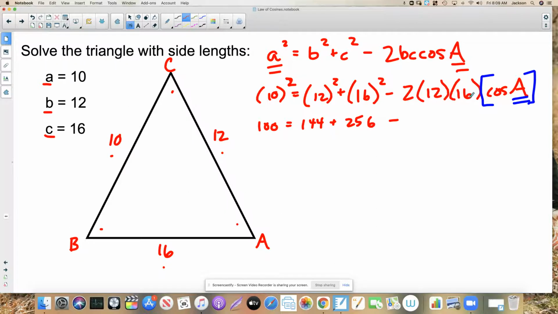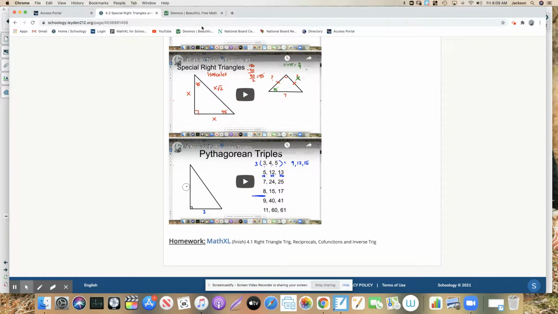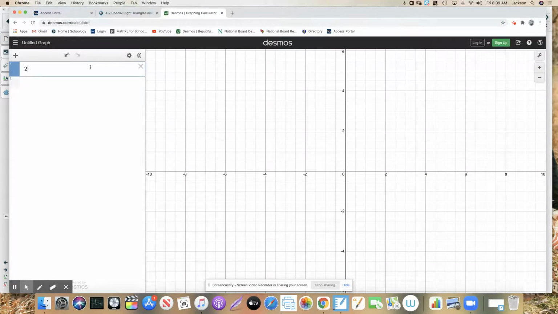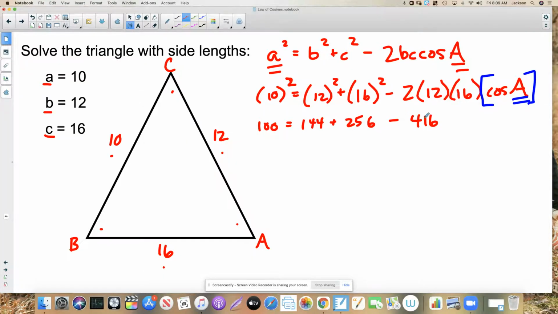Can I do this in my head? Let's see, 48, is that 208? So 416, that's my guess. But I've got Desmos queued up here. So 2 times 12 times 16. Way off. How did I get that? 384. Okay, that's why we check. So this is 384